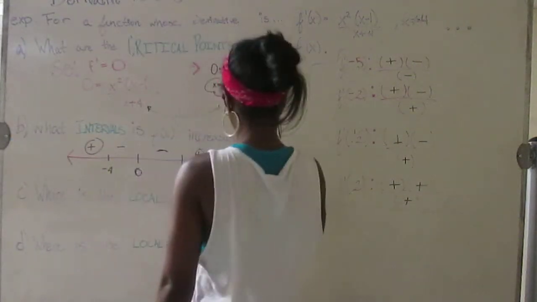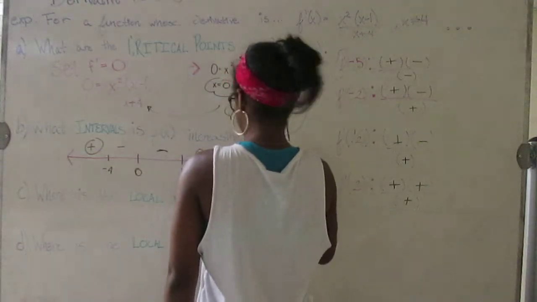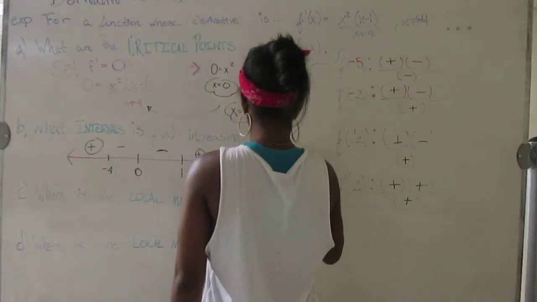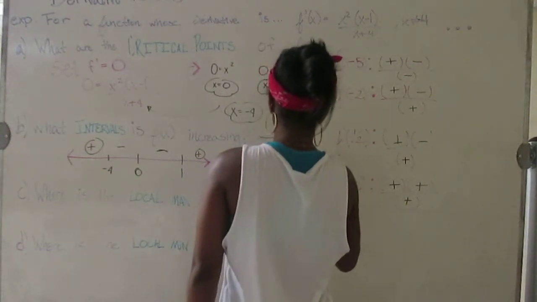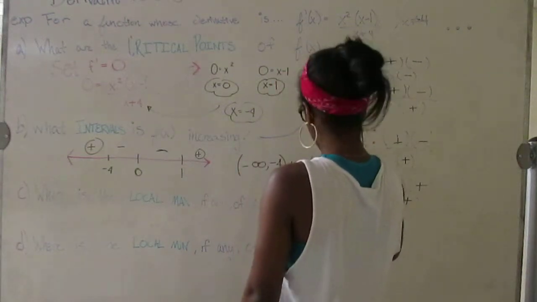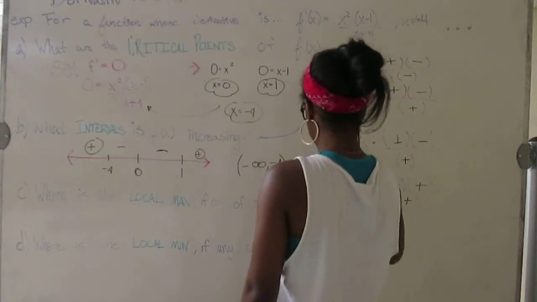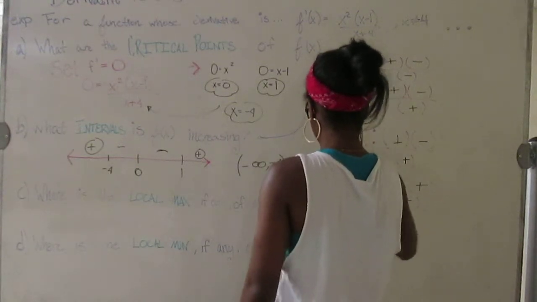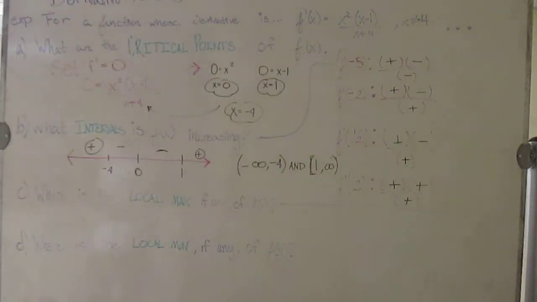from negative infinity to negative 4, which is not included because it doesn't exist there, and from 1, inclusive, to positive infinity. Okay, so the next thing we're going to do is find where the local max, if any,